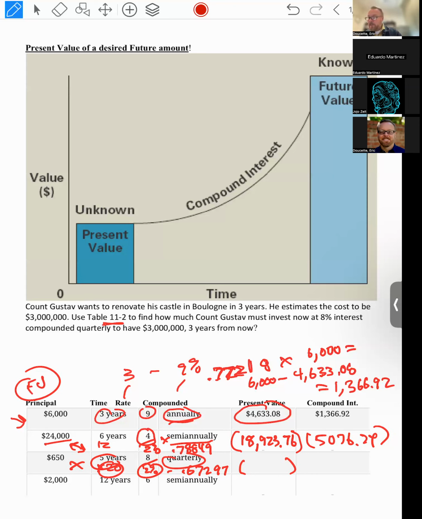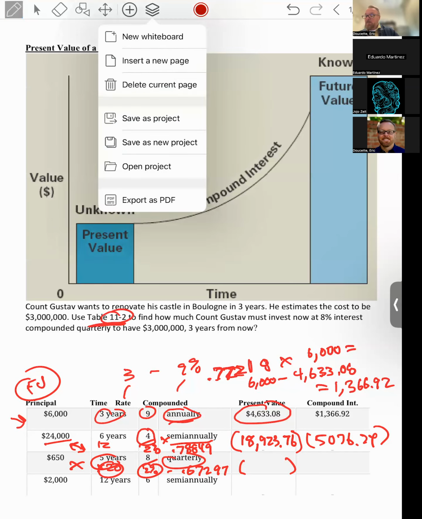Also, sometimes it does tell you which table to go to. So if it says to go to table 11.2, then you know it's a present value problem. If it tells you to go to table 11.1, you know it's a compound interest problem. So I'll just say this, the best way to determine what kind of problem you're solving for is if it says anything about ordinary interest or exact interest, you automatically know that's a simple interest problem and you don't need any tables. You can just use the triangular formula with interest divided by principal times rate times time, and you